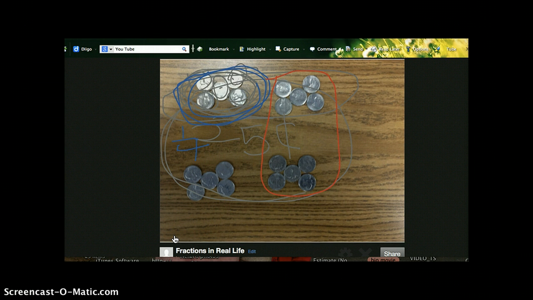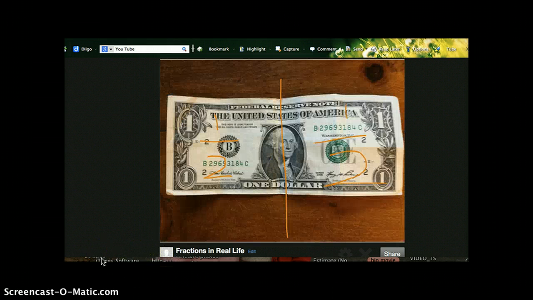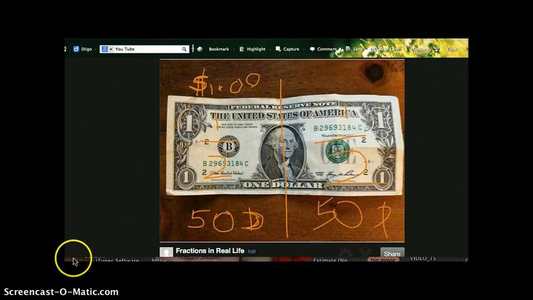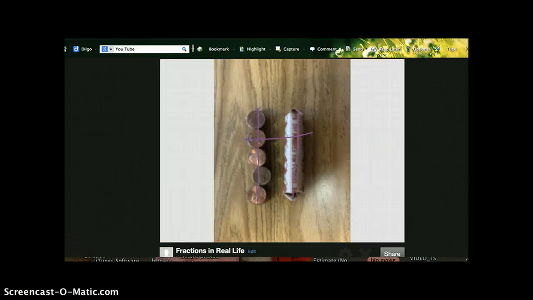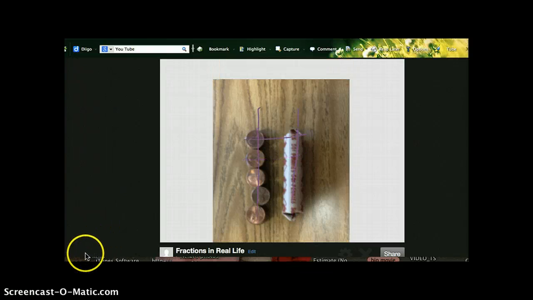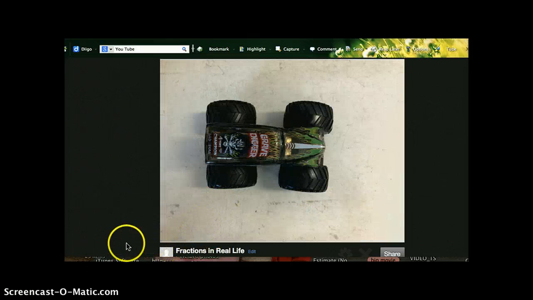This is 1/2 of $1. $0.50 is 1/2 of $1. What? Hold on, okay, go ahead. A whole dollar. And if you split this in half, it will make 3 cents. If you split this in half, it will make 6 cents. Each one of these wheels is 1/4 of